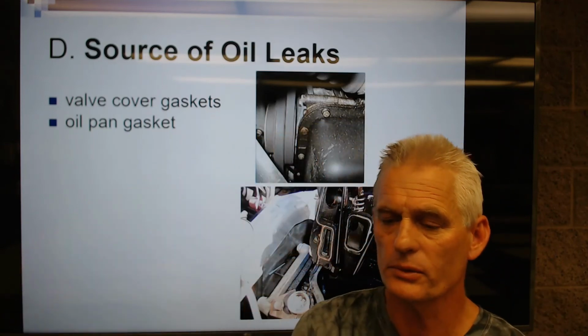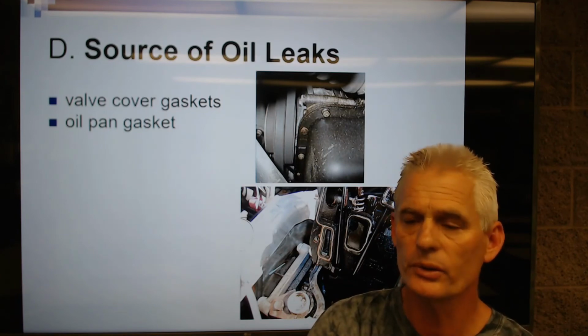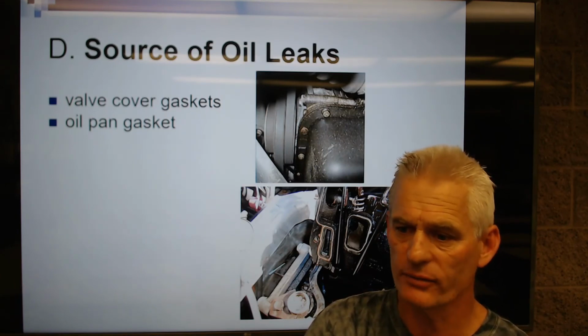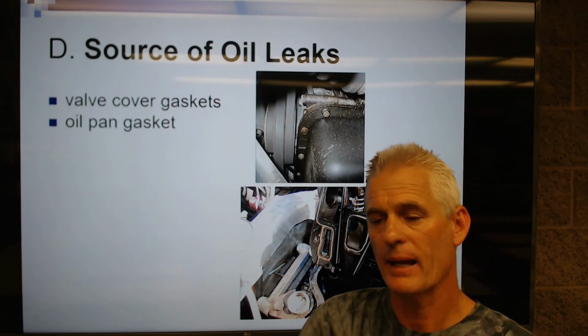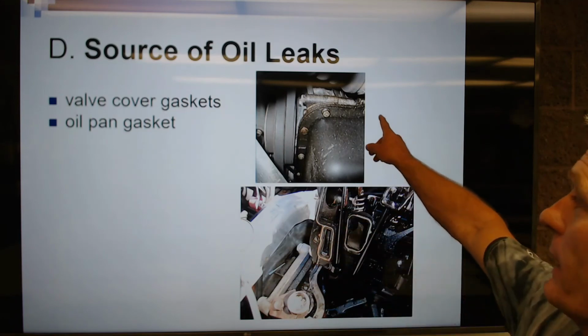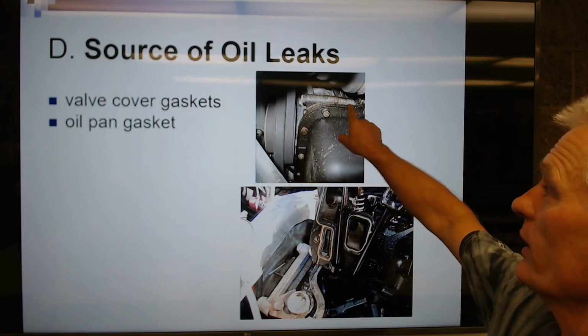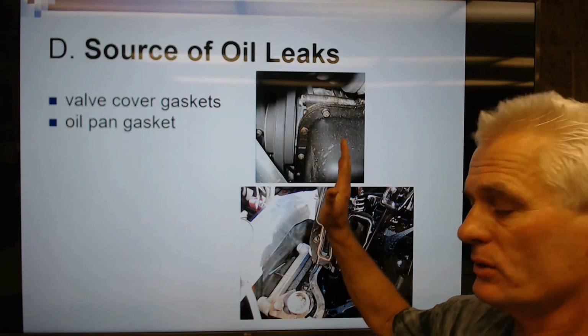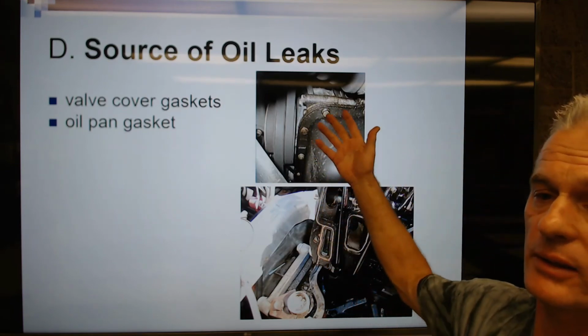Lots of engines have troubles with valve cover gasket leaks. Subarus do. The 3.4 liter Toyota V6s, they all have problems with the back valve cover gasket seal leaking. Oil pan gaskets. So you can see this oil pan here. Very common to have oil pan leaks. The gaskets just get crushed and compressed over years and years of vibration, and finally the bolts loosen up and